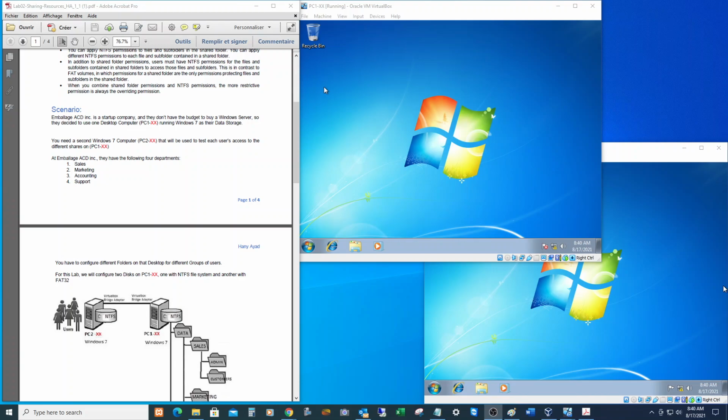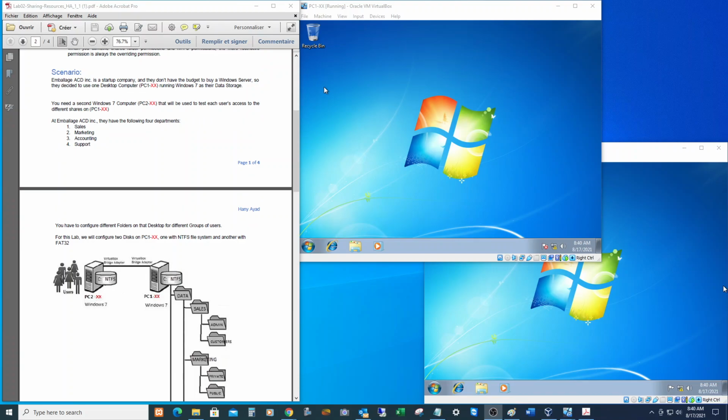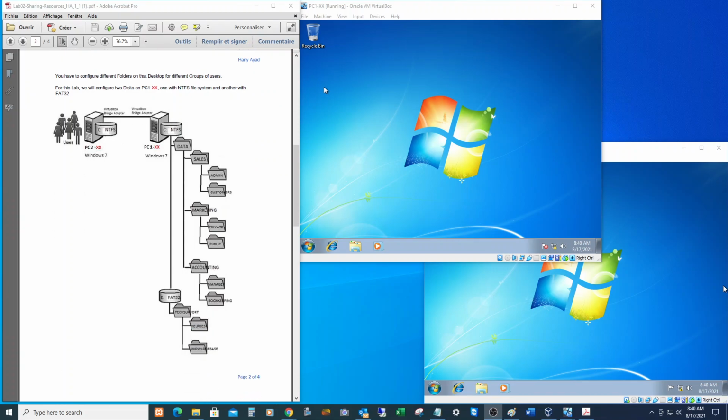So this company has 4 departments: sales, marketing, accounting, and support. The structure of our 2 computers will be as follows. You have the PC1 computer, which has 2 hard disks, but for now just create 1 hard disk, because the other hard disk we will be creating inside as a virtual disk. So we have 1 hard disk C, which we will format with NTFS, and in that partition we will have